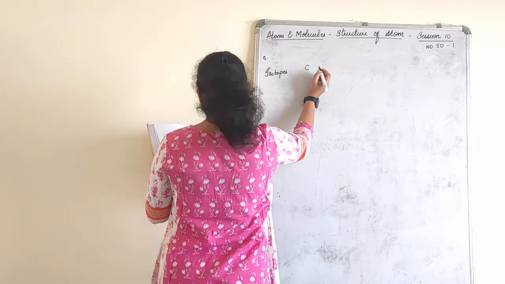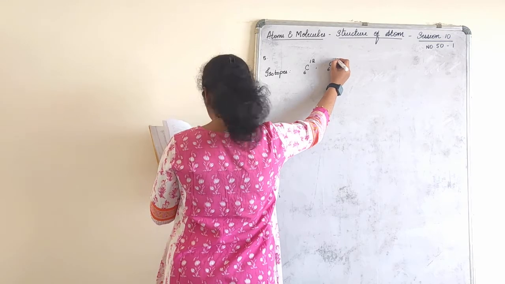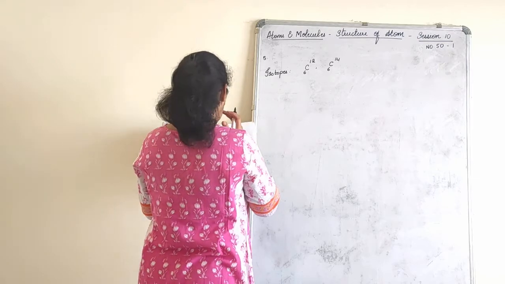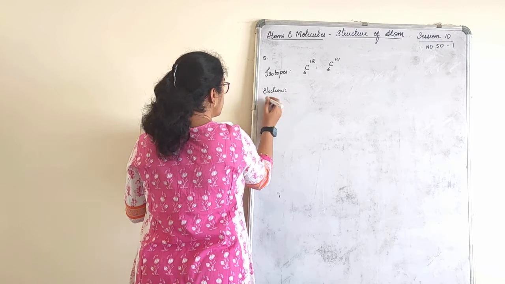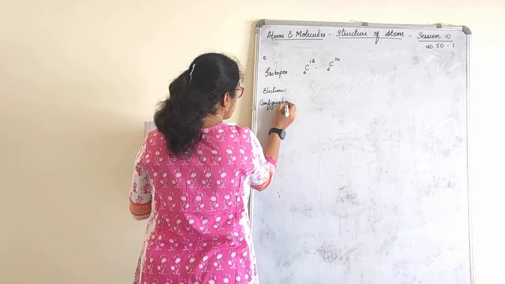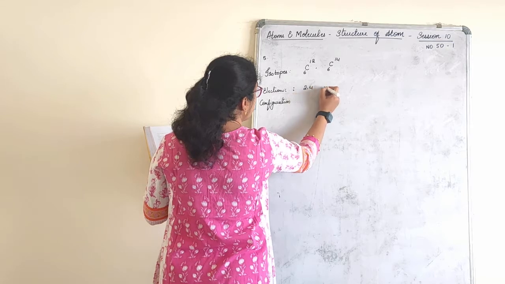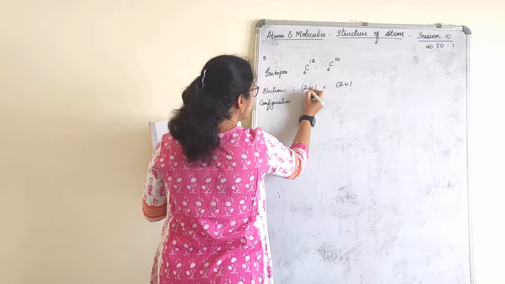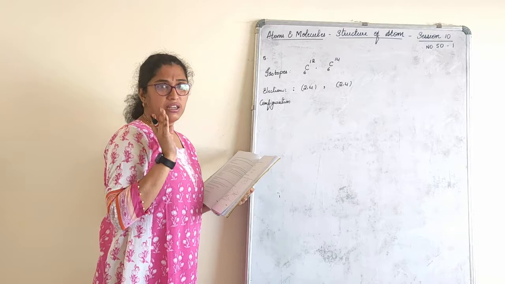So I'll take carbon isotope here. So this is C-12 and C-14, or 13 can be taken. So these are examples of isotopes. Let us write electronic configuration. For this electronic configuration is 2,4 and for this electronic configuration is also 2,4. Both are same electronic configuration because atomic number is same here, children. KLMN shell, what I have written.